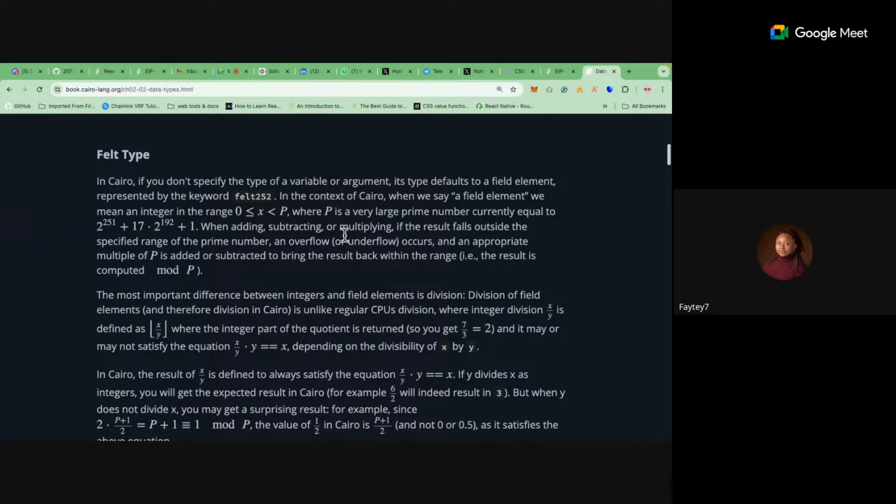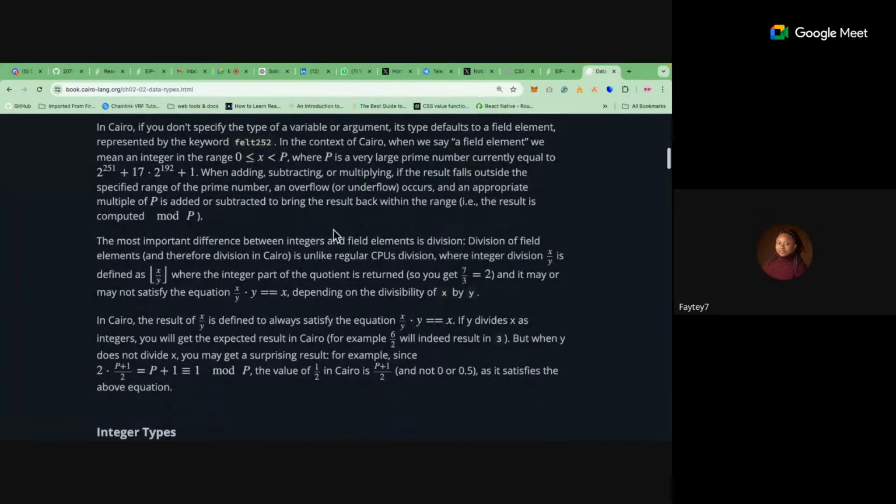When adding, subtracting, or multiplying, if the result falls outside the specified range of the prime number, an overflow or underflow occurs, and an appropriate multiple of p is added or subtracted to bring the result back within the range, i.e., the result is computed mod p. The most important difference between integers and field elements is division. Division of field elements, and therefore division in Cairo, is unlike regular CPU division,